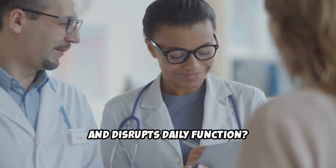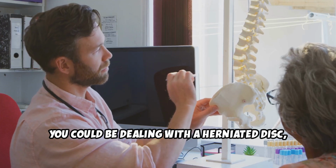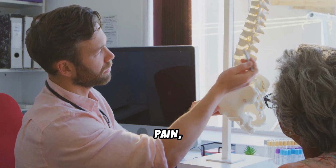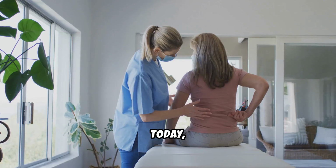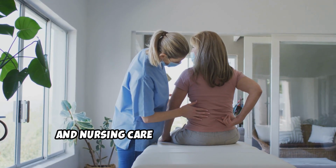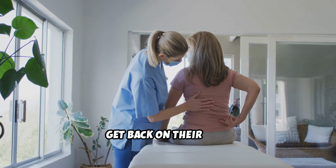Ever had a patient with back pain that shoots down the leg, worsens with movement, and disrupts daily function? You could be dealing with a herniated disc, a common spinal condition with a major impact on mobility, pain, and quality of life. Today we're breaking down the anatomy, causes, treatments, and nursing care that can help patients get back on their feet,